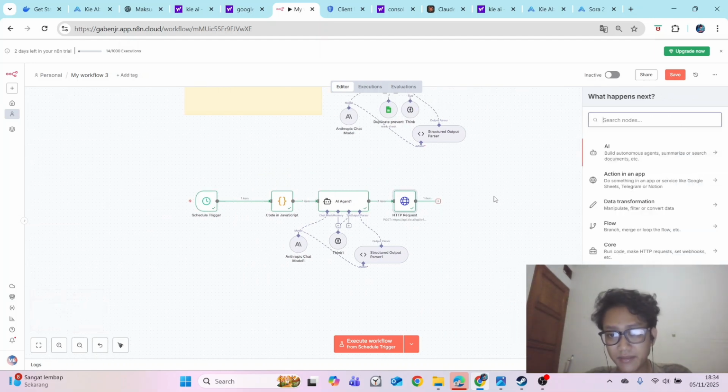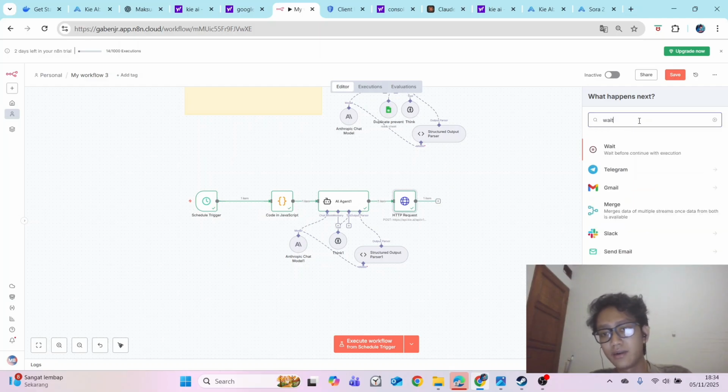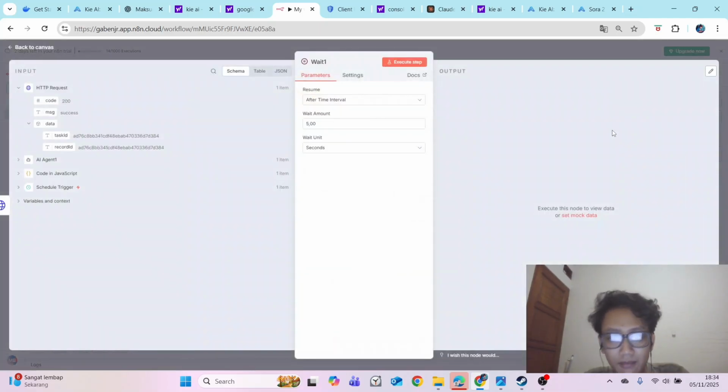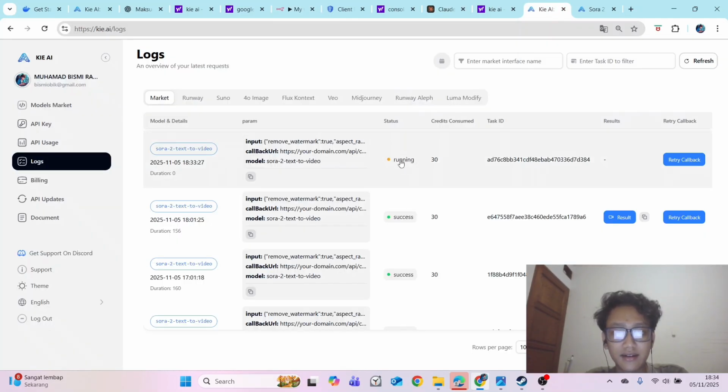So here, before you go to the next nodes, you need to set a wait here. The purpose why I set wait here is because the Kie AI is processing.